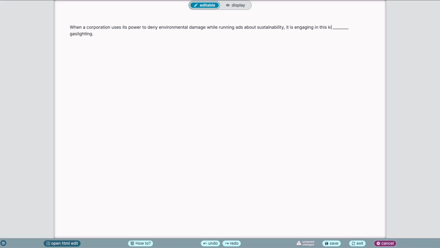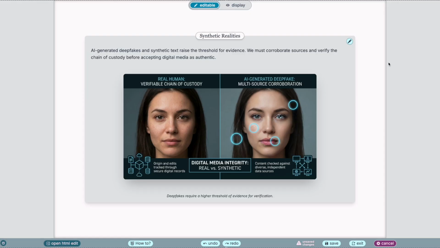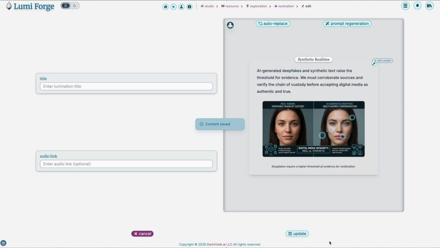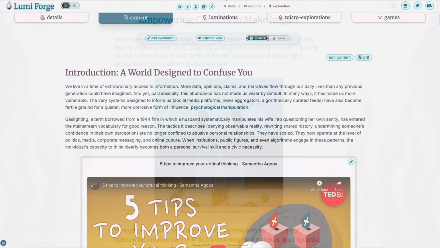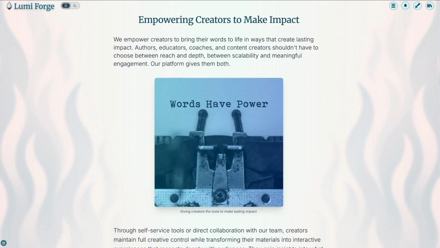And here's the best part. We are constantly upgrading Lumi Forge and making it better for both creators and explorers, adding new features, new games, and so much more. We see ourselves as co-creators alongside you, our amazing creators. So we are always happy to hear from you and get your suggestions, requests, and constructive criticism. We know that we can only make Lumi Forge the best it can truly be by collaborating with our inspiring